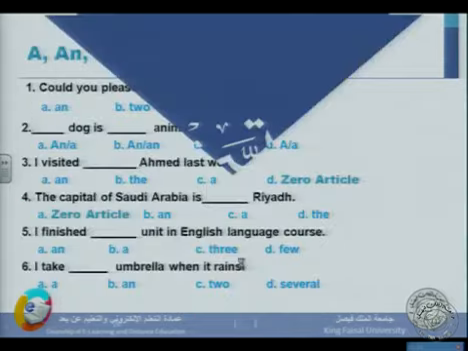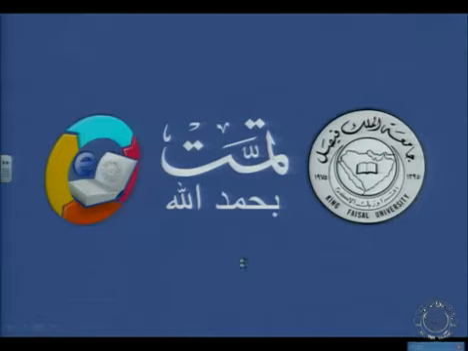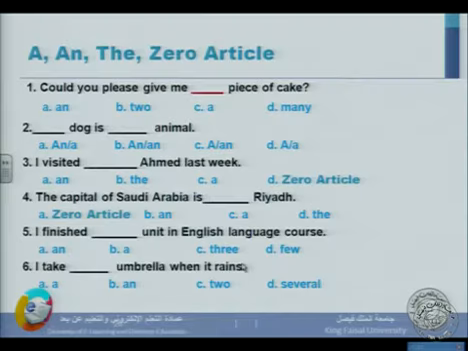So do the rest by yourself, please. And here we have also kind of exercise. Just use a, an, the, or the zero article. Could you please give me a piece of cake? A piece of cake, okay? So you need to do the rest by yourself. So if you have any question, just please try to email me at